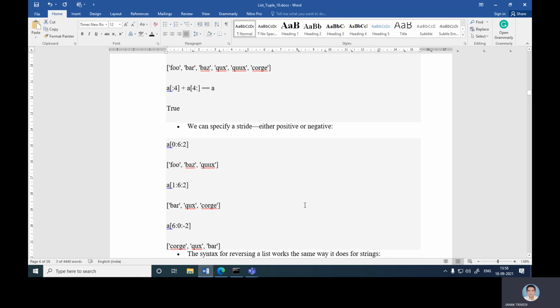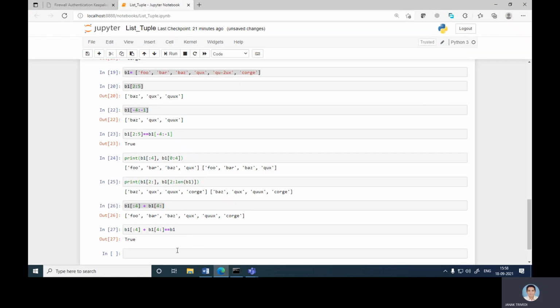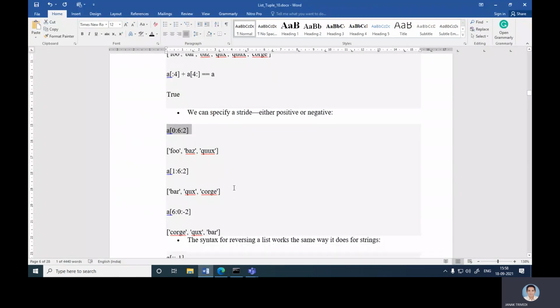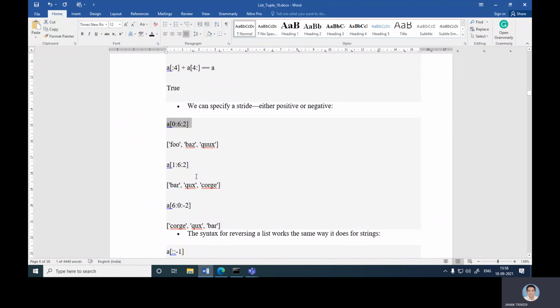So we can specify a stride, either positive or negative. Now let's understand how to stride. So b1[0:6:2]: 0, 1, 2 with a stride of 2, so 0, 1 and 2 are there. Then 1 to 6 with stride 2.